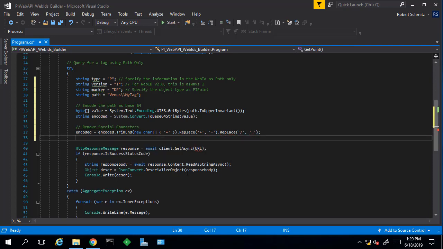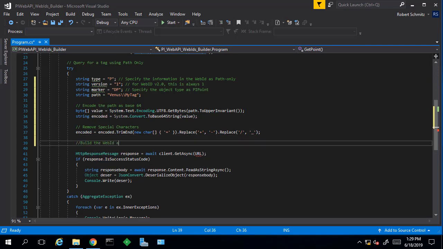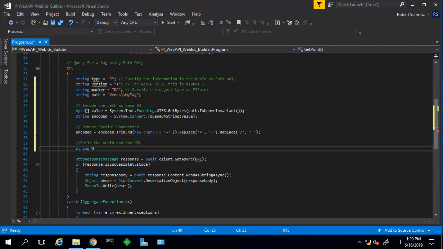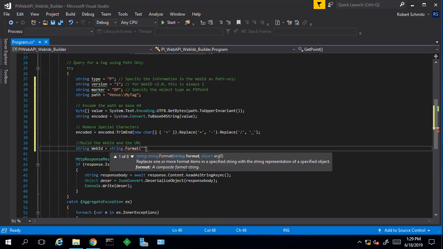So what we have so far are all of the pieces for the WebID of a path-only WebID. So let's try to build up the WebID and make a request to confirm this functions properly.